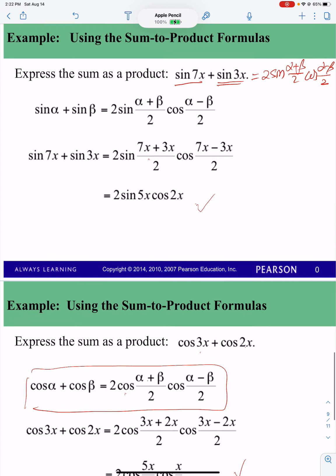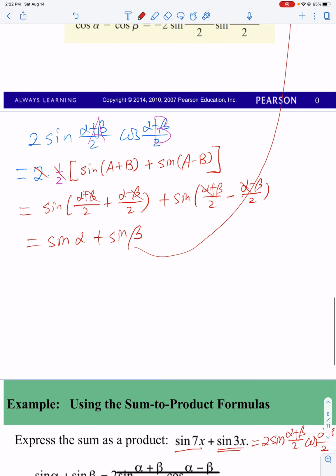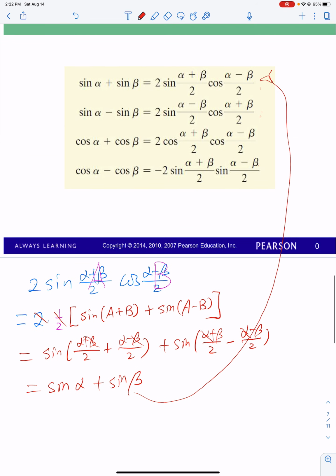For this section, what do you need to be careful about? You have to know the product to sum formulas and the sum to product formulas. Know these formulas in your mind, and then